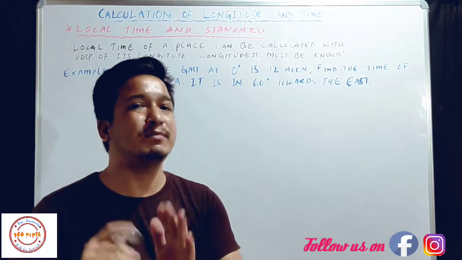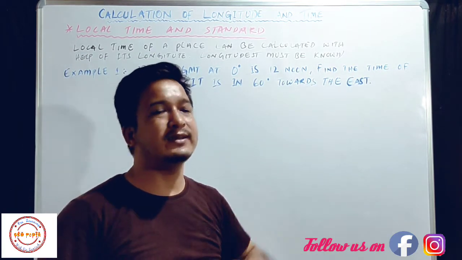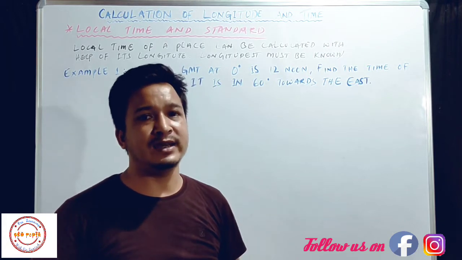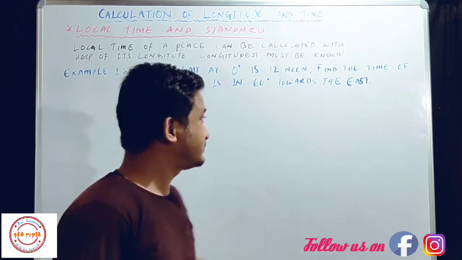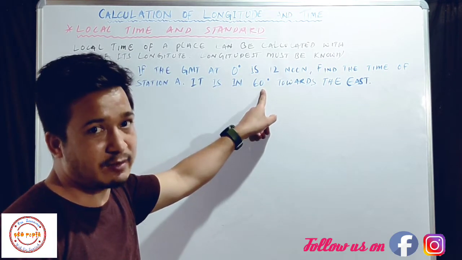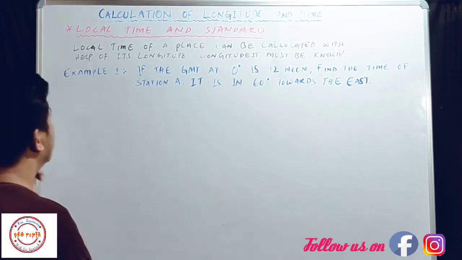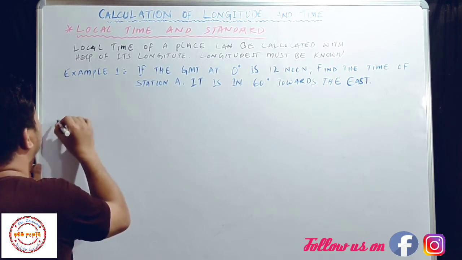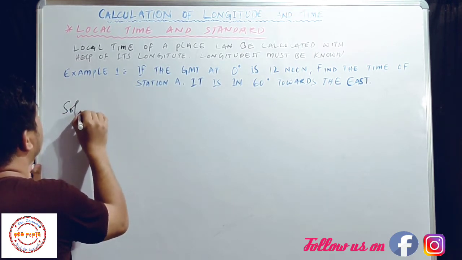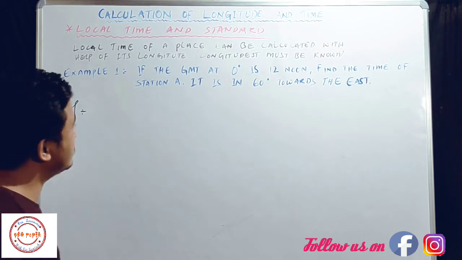Towards the east means plus time, right? If it is in the east direction from the GMT or from the prime meridian, then time is added. It is 60 degree. Now the calculation. Let me write the solution here. So students, you know that